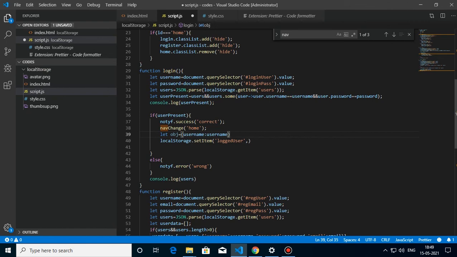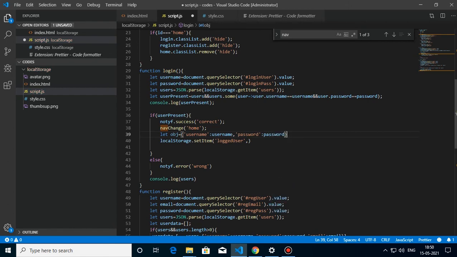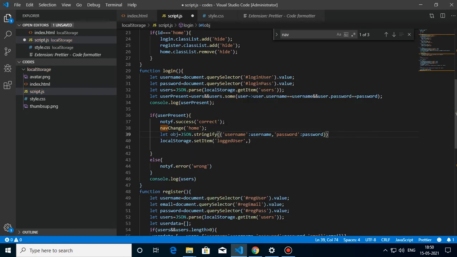We don't want multiple users logging into the same session, right? So yeah, we have made the object, but the problem is that set item will take only a string. So what we will do is use JSON.stringify.